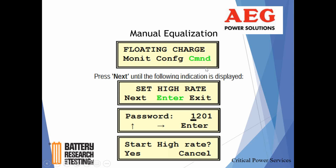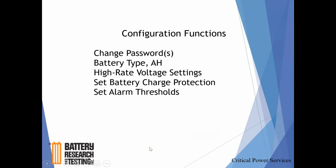Command, okay, so we want to command just now, instead of clearing alarms, we want to set high rate charge. So we just keep hitting next, next, next. We'll eventually see set high rate charge as an option. Yes, we want to do that. Password protected. We get through that. Do you want to set high rate charge? Yes. You do that, you can really pretty much walk away from it. You don't have to, again, it'll time out. You don't have to stay there